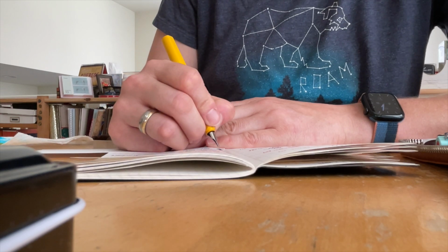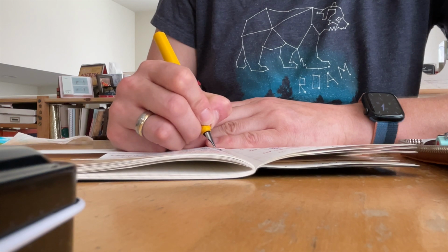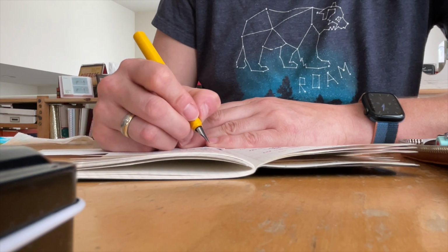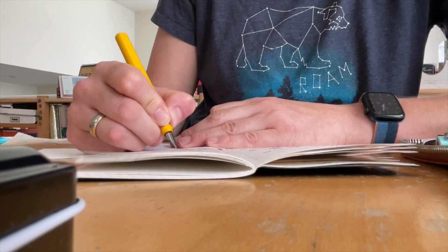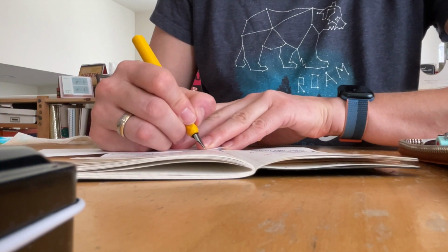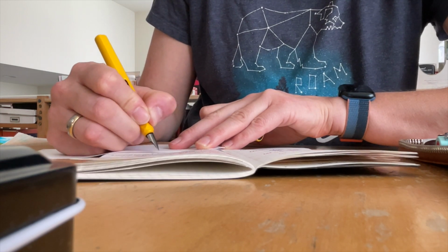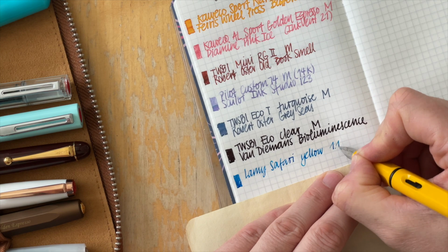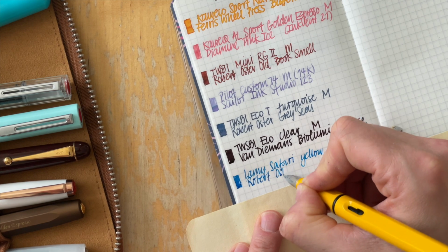This is my oldest Lamy Safari that I have in my possession. This is a yellow. I purchased this when I was still in high school. I put the 1.1 stub nib on it, and it is inked. Let me show you what it looks like. So this is, and the ink is Robert Oster